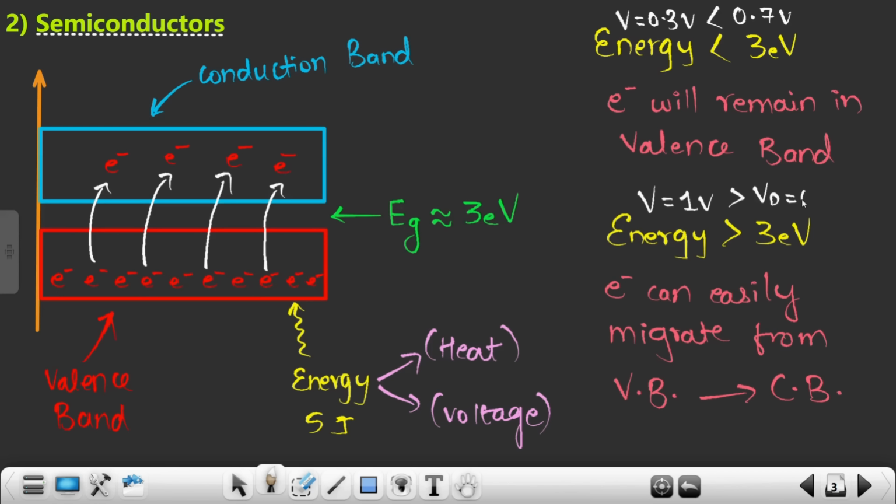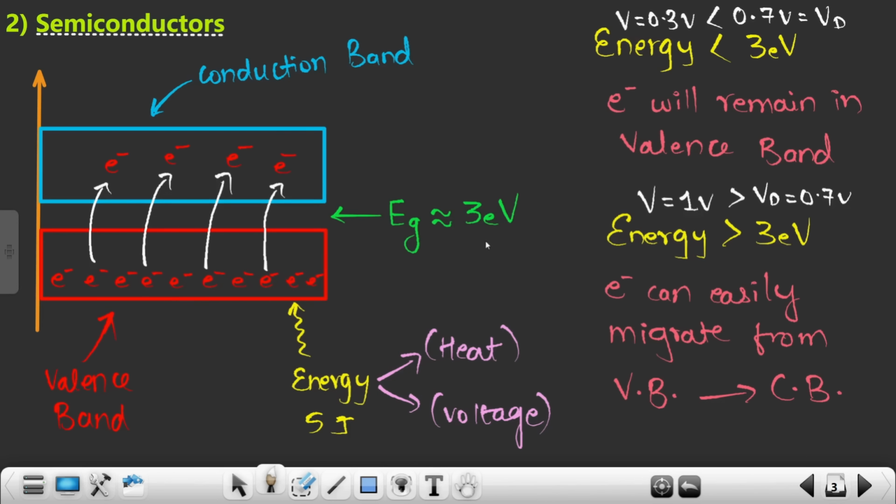That is my diode voltage, right? 0.7 volt. Similarly, this was my diode voltage VD. So basically you can try to apply this logic to this particular condition: the energy that I'm applying, which is 1 volt, is greater than the diode voltage. That means this energy is quite sufficient to make electrons jump from the valence band to the conduction